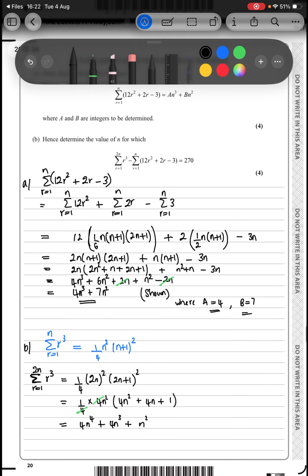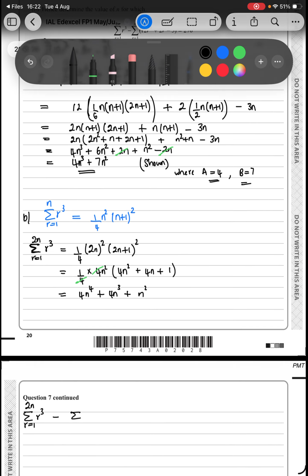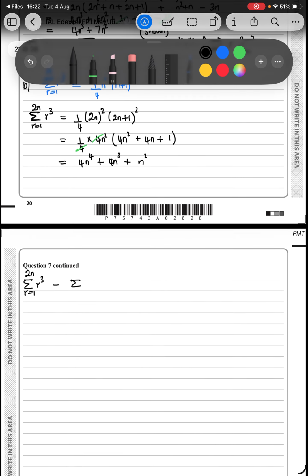The summation of r cubed from r equals 1 to 2n minus the summation of 12r squared plus 2r minus 3 from r equals 1 to n